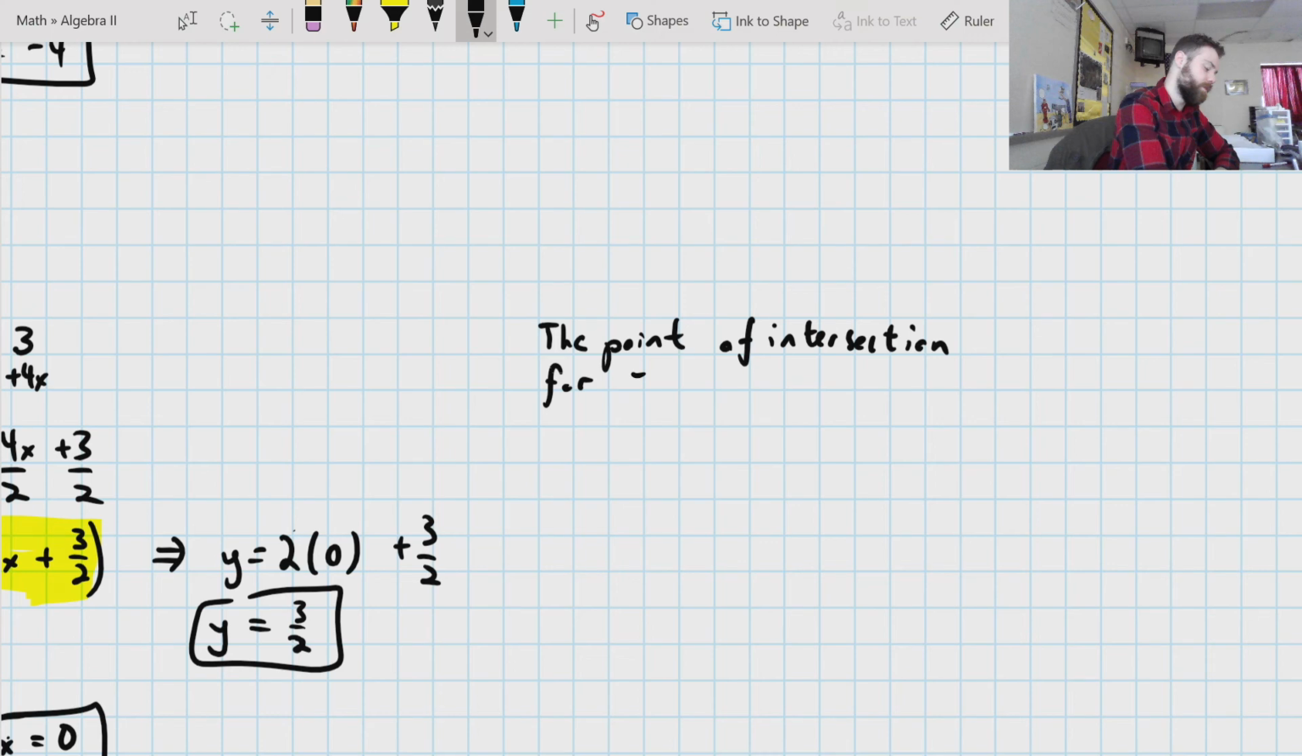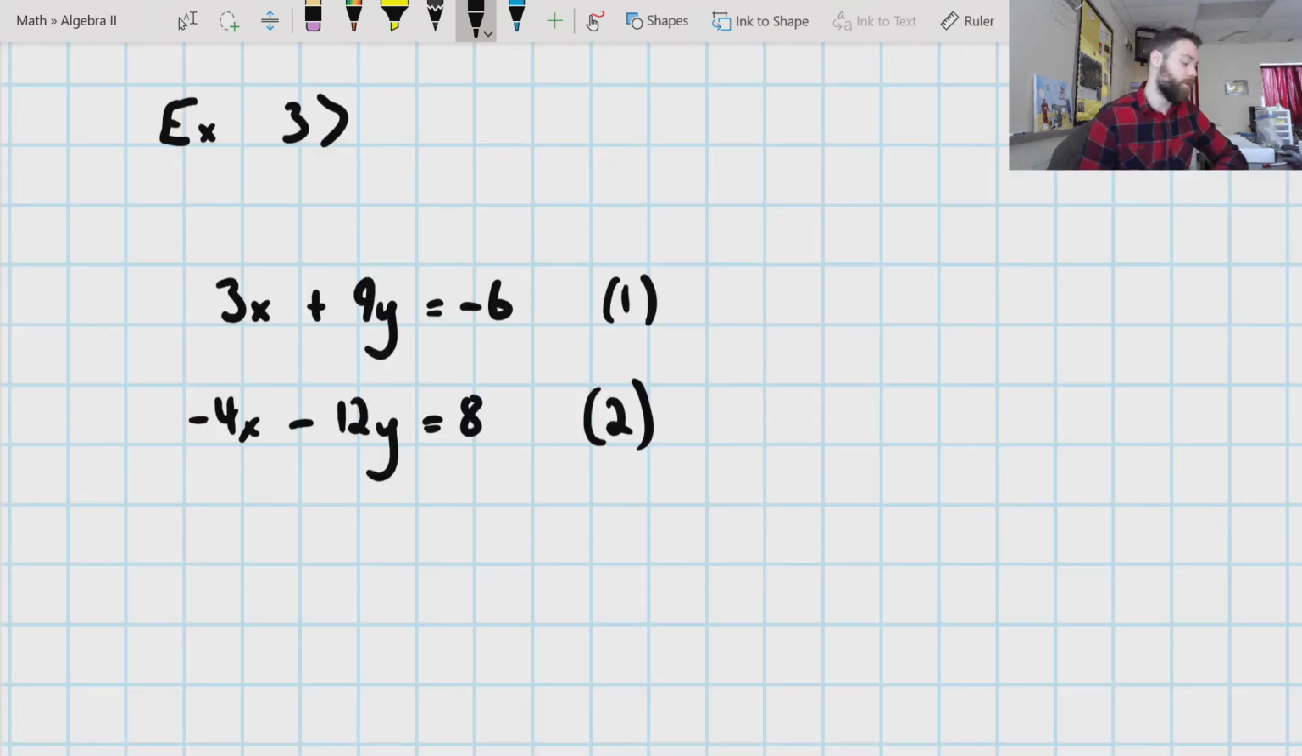So we've got one more here, which is 3x plus 9y equals negative 6, and then negative 4x minus 12y equals 8. What I want to do is take one of these equations and solve it for either x or y, and then plug that expression into the other equation. I'm actually going to pick equation 1 because I see that they're smaller numbers, and I can divide everything by 3. So I'm going to pick 3x to isolate and solve the equation out. So equation 1,